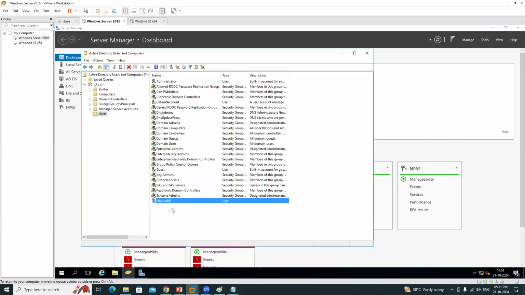So my dear participants, I have created an Active Directory user. We provide the credentials of this user to the employee. Now the employee wants to perform day-to-day activities. He logs into the client machine, and he has to log in with this particular Active Directory user. Now in the client machine,